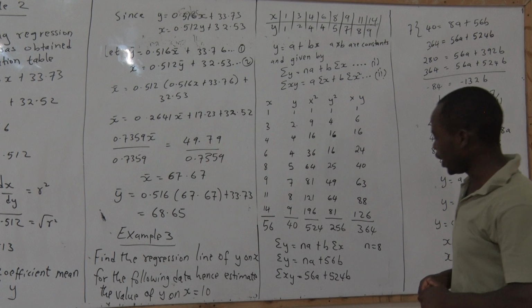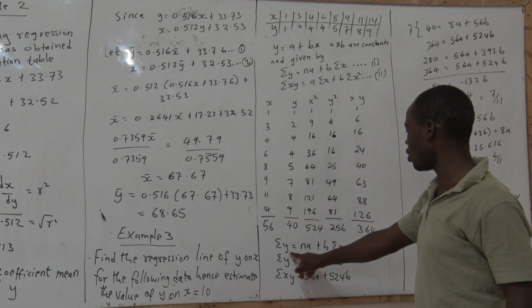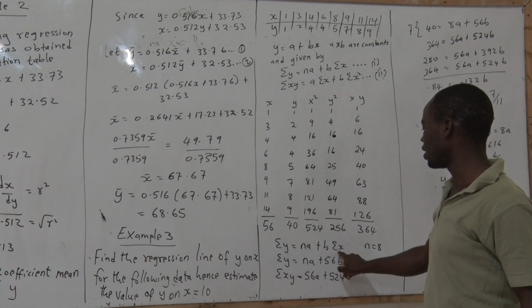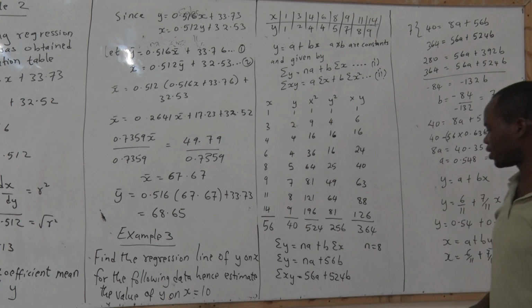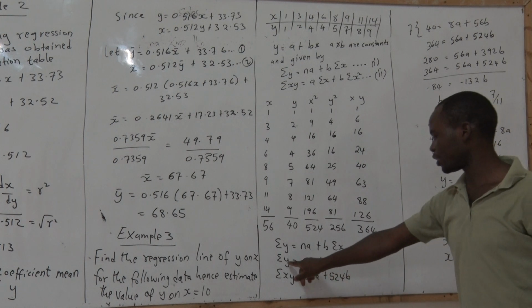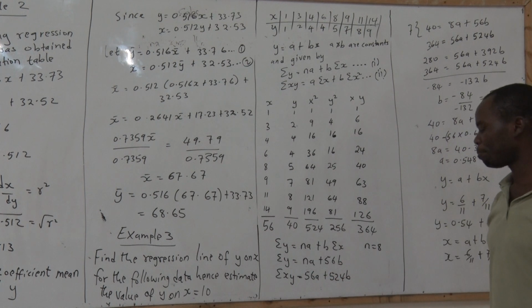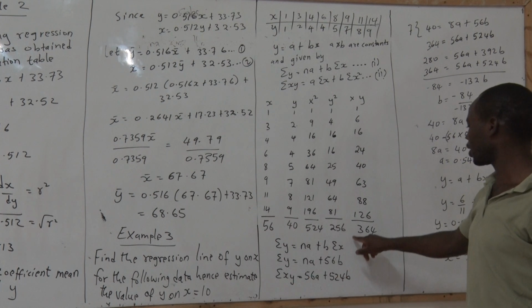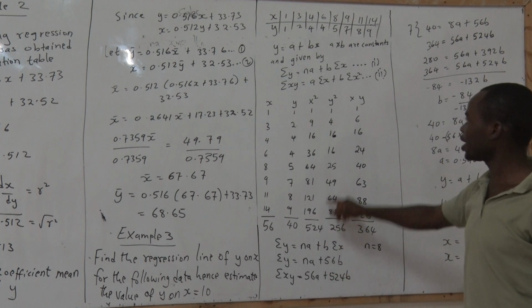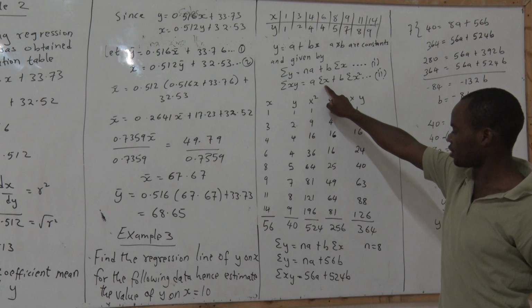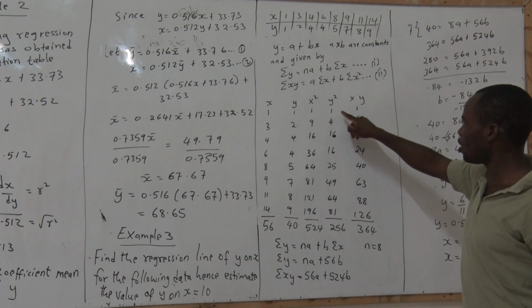Therefore, we need to employ formula 1, whereby we have the sum of y is equal to na plus b summation of x. What is summation of x? The total sum of x is 56. Then we can replace it here. So the sum of y, which is 40 actually, is equal to na plus 56b. And the summation of xy, already we have it here as 364, is equal to 56a, summation of x is 56a, plus b summation of x squared. The sum of x squared is